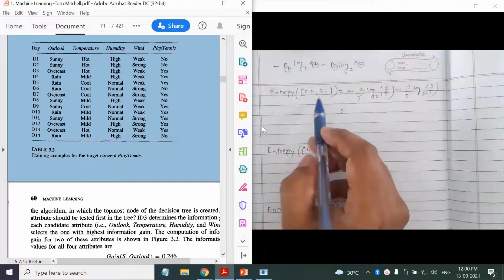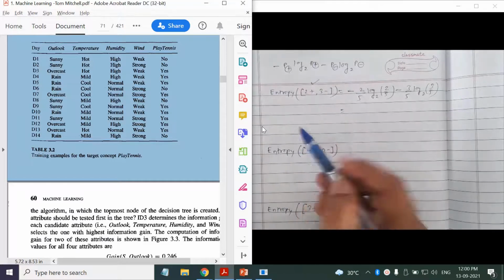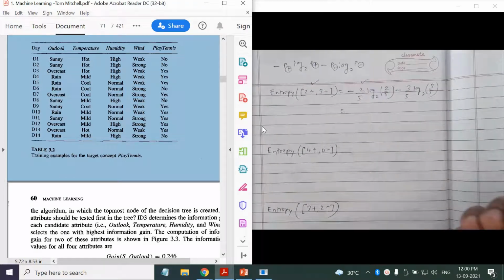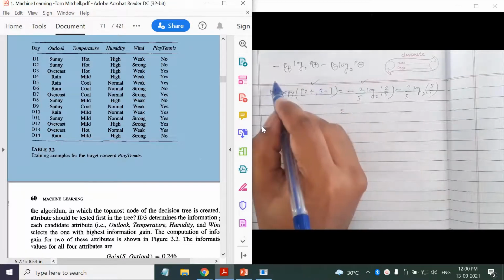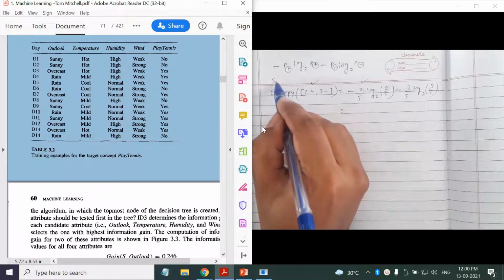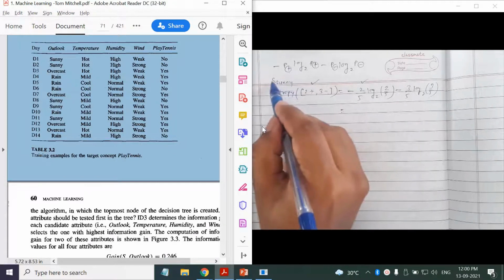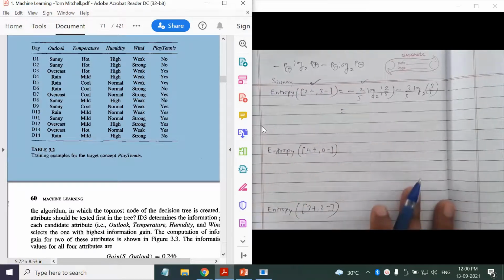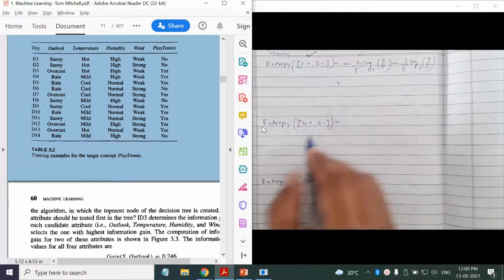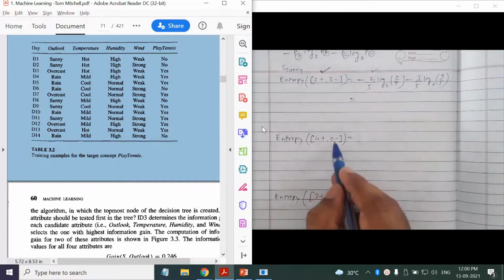Using the calculator you can easily find out these values. Once you have the samples in the form of this notation, you can easily find out the proportion values. That's why we are representing our samples in this notation instead of saying yes or no for sunny. Then similarly for this one, I have 4 plus 0 minus.